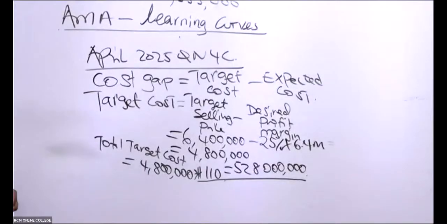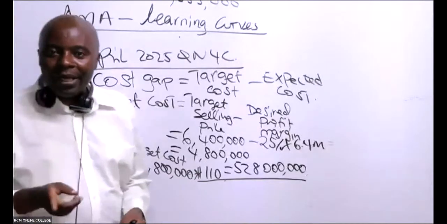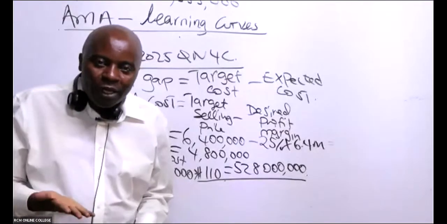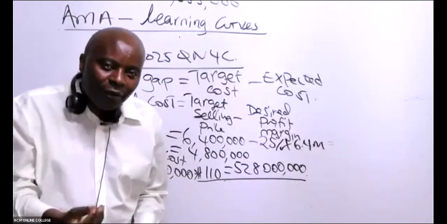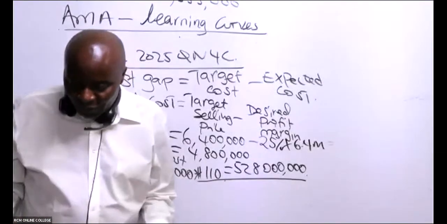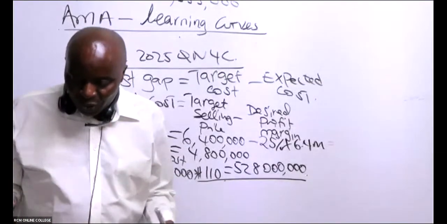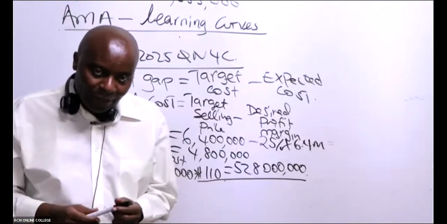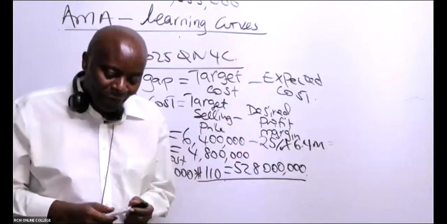Yes. But you see, the examiner who sets AMA is a serious person, is a serious examiner. He can't give you selling, or rather, he can't give you the profit margin here. You will never. Actually, this was a very, very simple question. So in short, what I'm saying is that the examiner who sets AMA is not your relative.